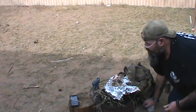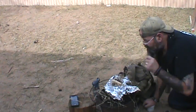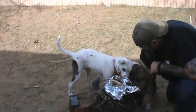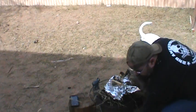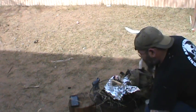So let that get going a little bit better, and then we'll throw on a little bit more wood, just like that. Now let's see what happens. Bigger pieces of metal or wood get going. Then we'll go ahead and work on... actually, we need to work on that while we're waiting. We're going to need something to support that